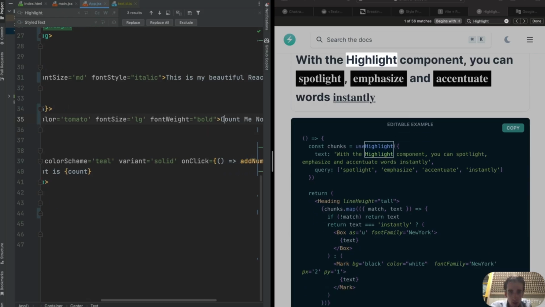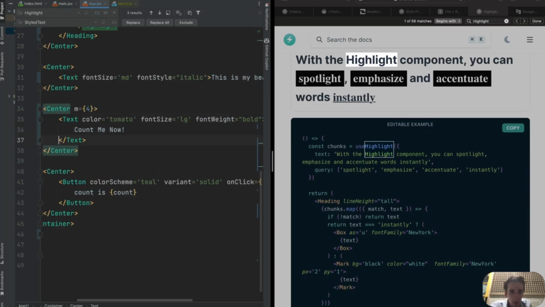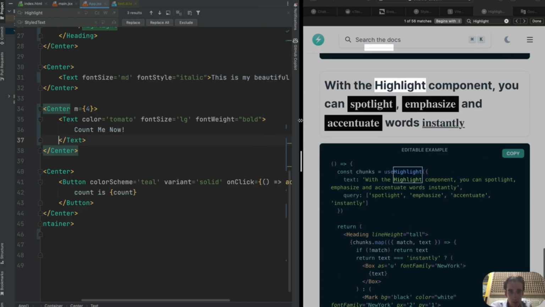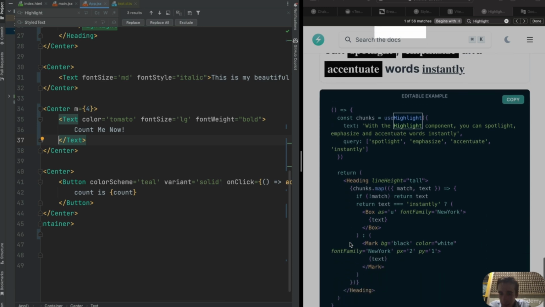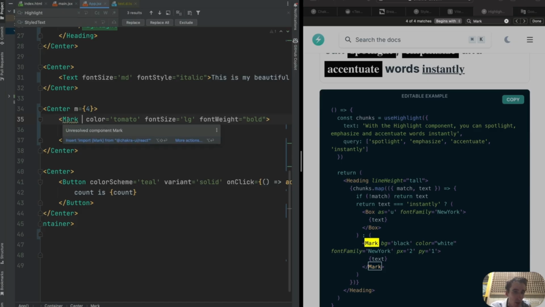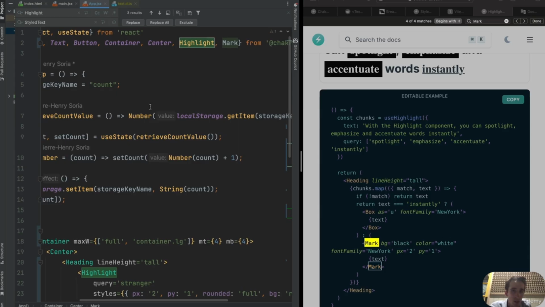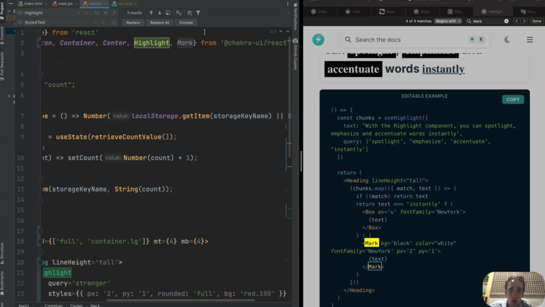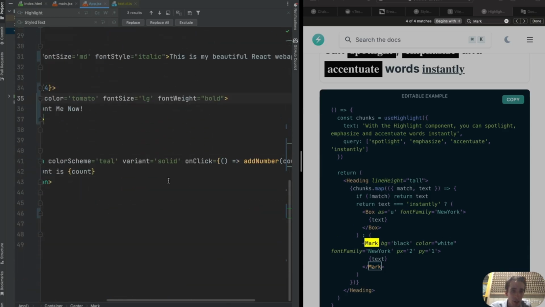I will just make the indentation a little bit easier to read, and you can see here it's actually not highlight, but they use mark. You see, so it's marked, so we'll use that one. So there, instead of text, we'll just do mark. I will import mark component still from Chakra UI. You see mark, now I have it there,